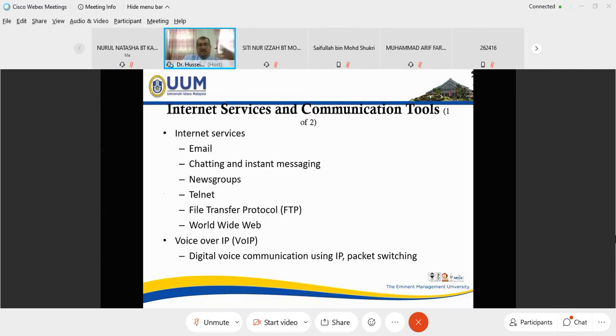That means a lot of things could be included. Why? Because things can become easier, and services and connectivity to the internet for customers will be easier. Maybe you would like to ask what all the services are that we can get from the internet, not just email or chatting, but a lot of services.